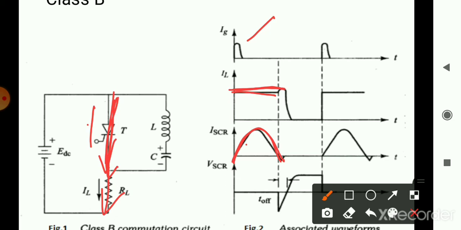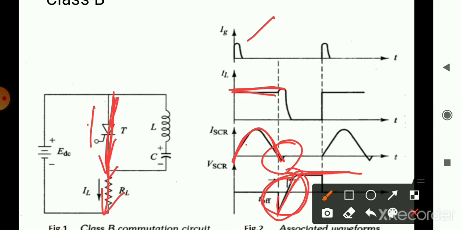But in negative polarity. So at one point it will also start to discharge. So that point is over here. When it discharges in opposite polarity, the IC current is higher than the IL current. So when that happens, what happens to the SCR? It will take a time to turn off, that is, a reverse voltage will be applied across the SCR. So this reverse voltage time is T1 to T3 and T3 to T4, that time is over here. After that, once it is completely turned off, again the same voltage appears across the SCR.